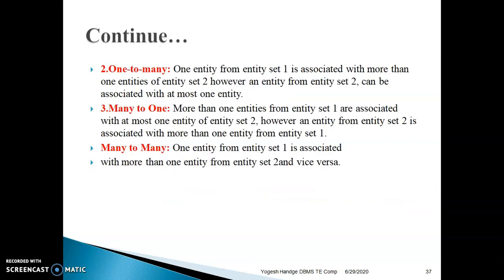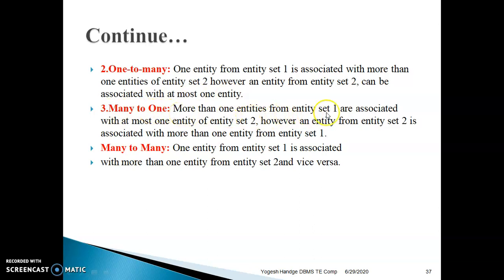One to many. One entity from entity set 1 is associated with more than one entity of entity set 2. However, an entity from entity set 2 can be associated with at most one entity. Third cardinal relationship, many to one.